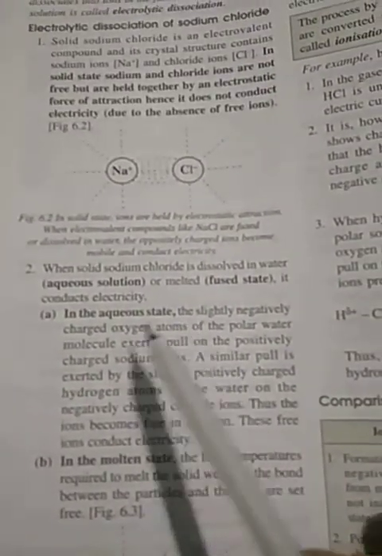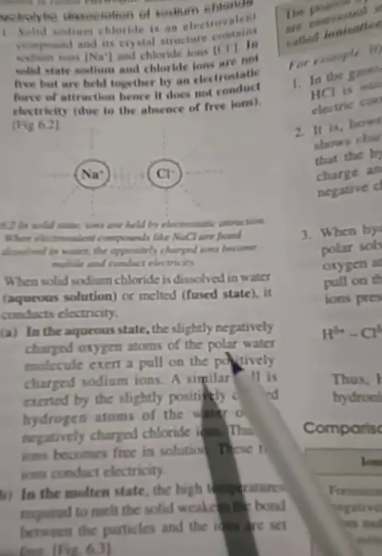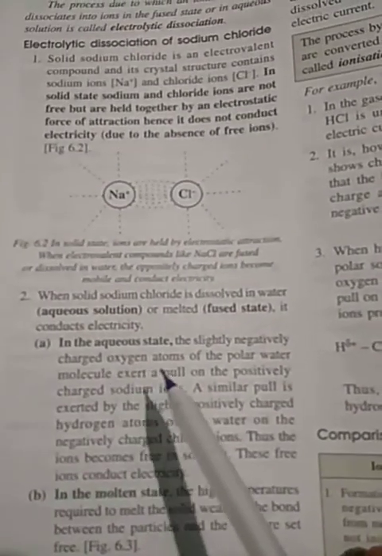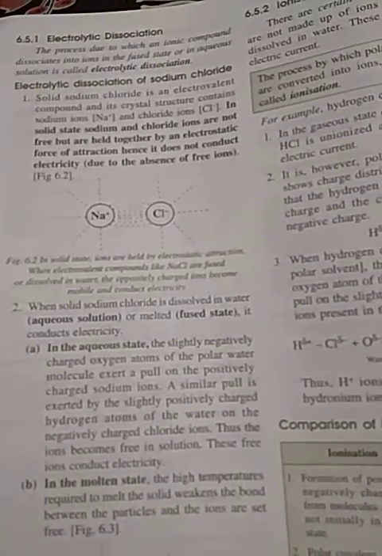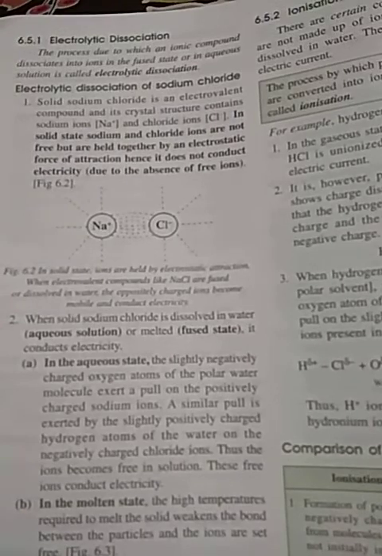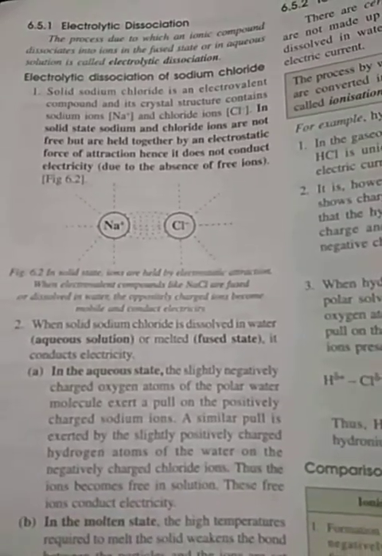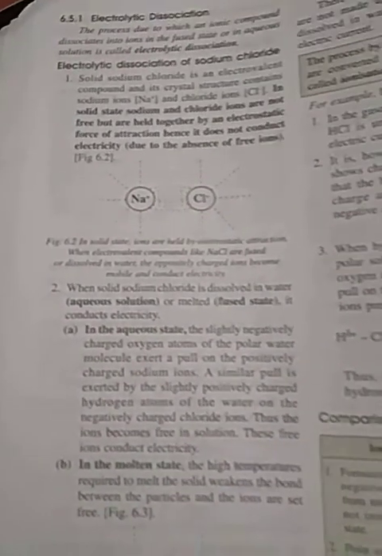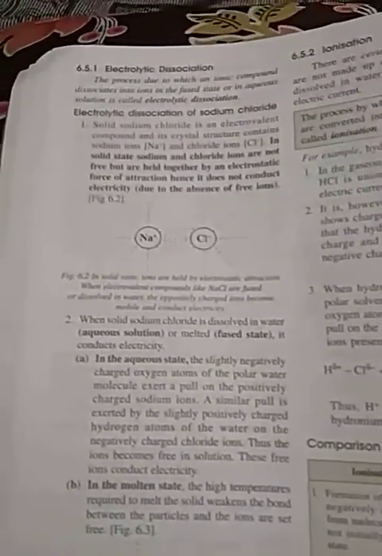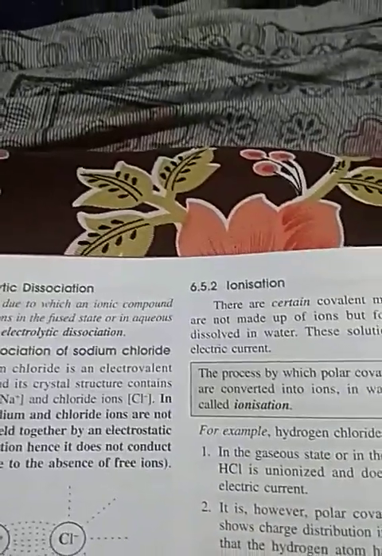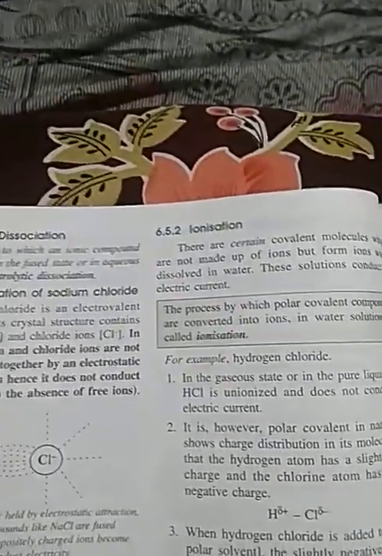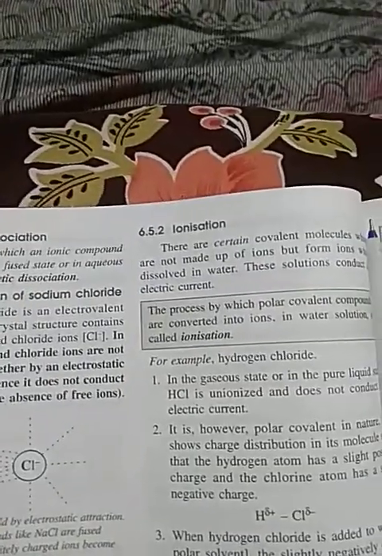position to move. So in the aqueous solution, the slightly negatively charged oxygen atom of water, which is called polar covalent, reduces the force of attraction and the ions are in a position to move. Then ionization. Just now I told you that in electrolytic dissociation, ionic compounds dissociate, and in ionization, the